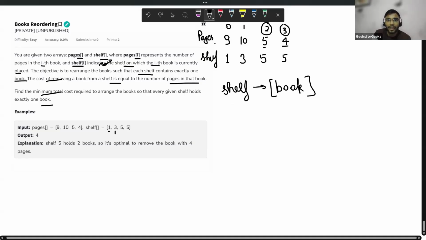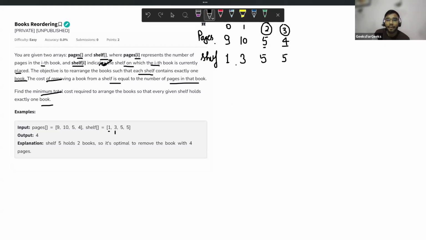Suppose I have this shelf and pages, can I make a map? I'm declaring a map of shelf, and this is my book, with the pages.